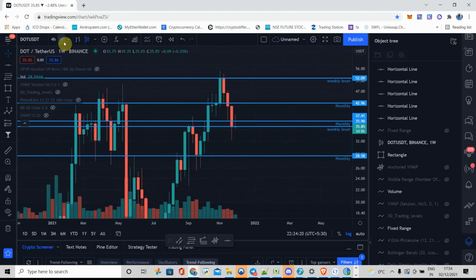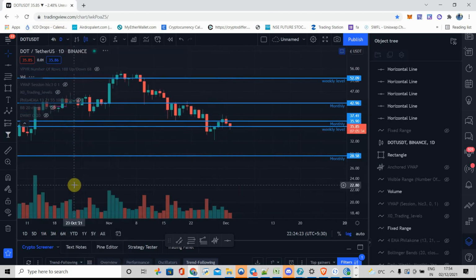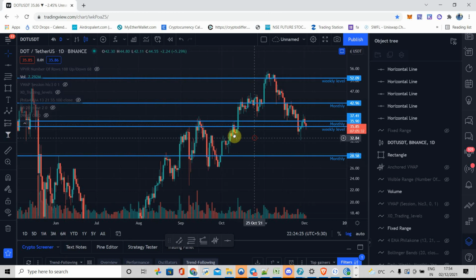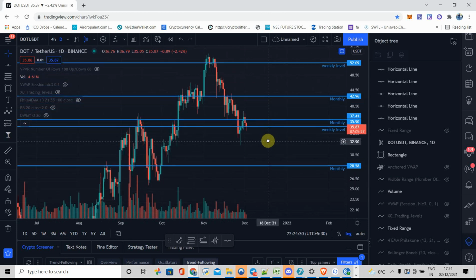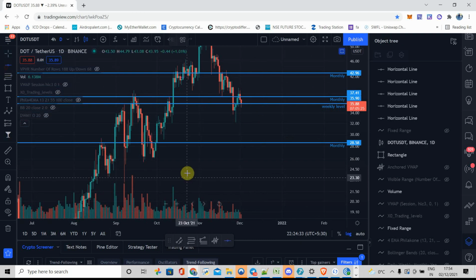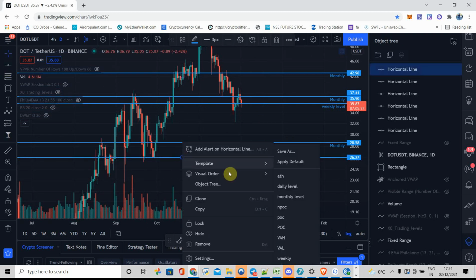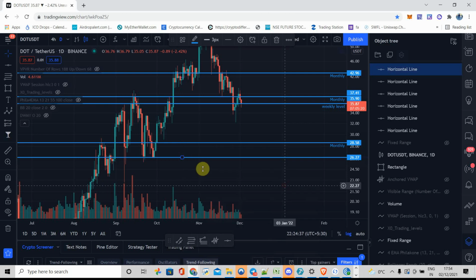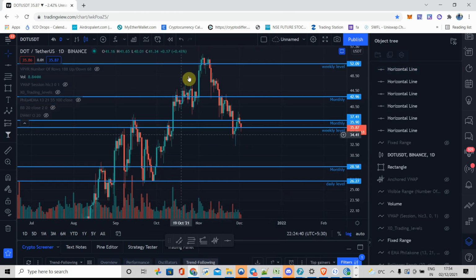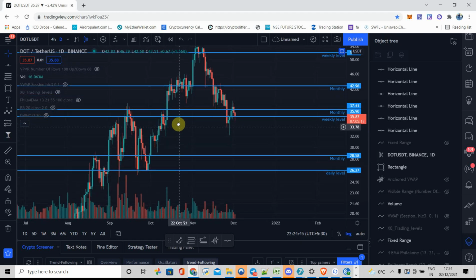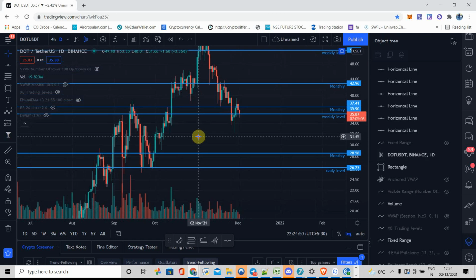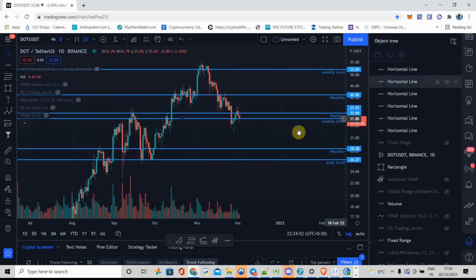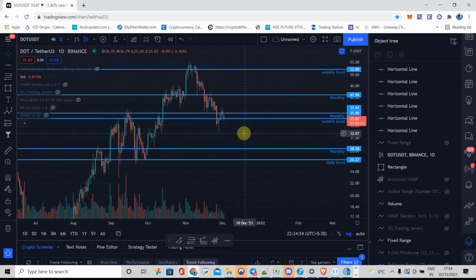Let's go on to the daily time frame and see if we can find any horizontal support and resistance. So this is one of the daily levels from where price got a reaction. This acted as a support and all the way we went till $54. I think I have marked all the higher time frame support and resistance.